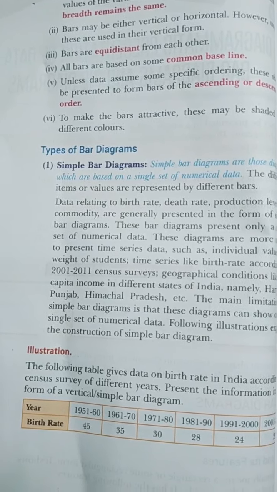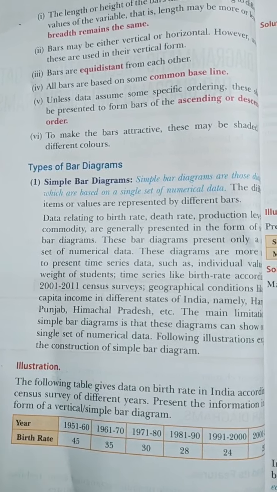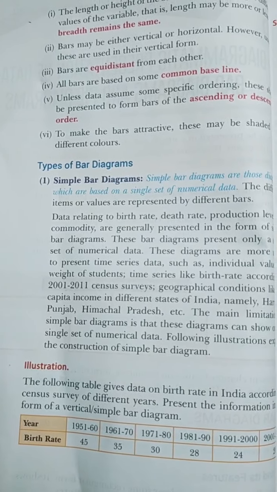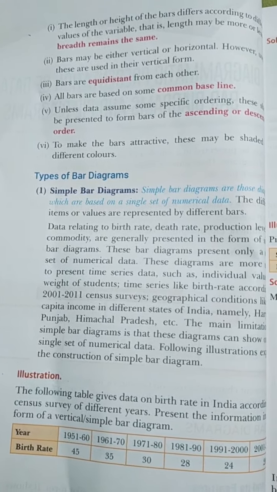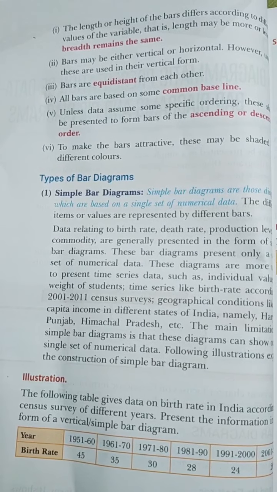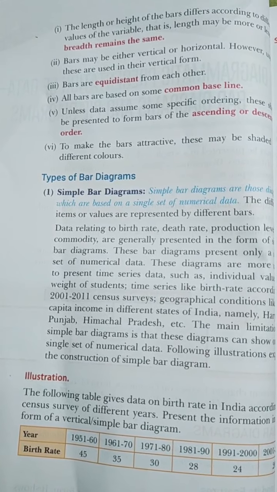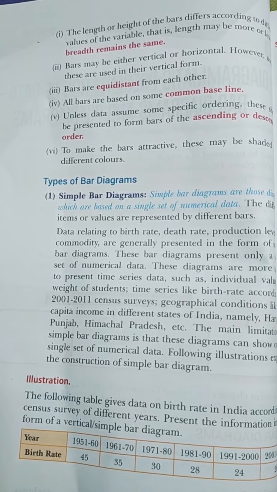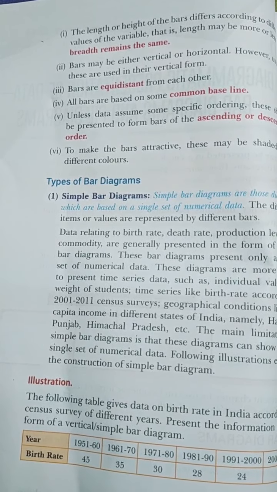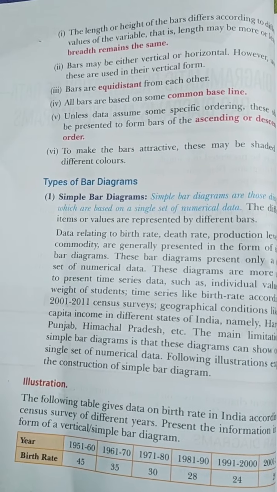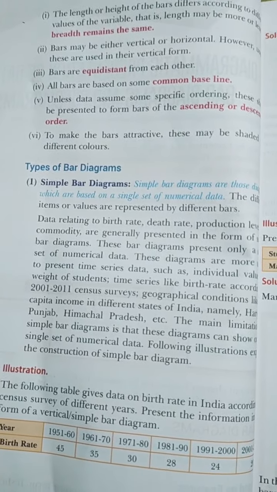The distance between the bars should be equal, whatever you are going to draw. The height or length of the bar reflects the magnitude of the data, so the lower end of the bar touches the baseline such that the height of the bar starts from 0 unit. The other thing you have to remember is that the simple bar diagram can be either vertical or horizontal. In a vertical bar diagram, the magnitude of the data is presented vertically, along the y-axis, that is, a standing line. Vertical means standing line only, isn't it?